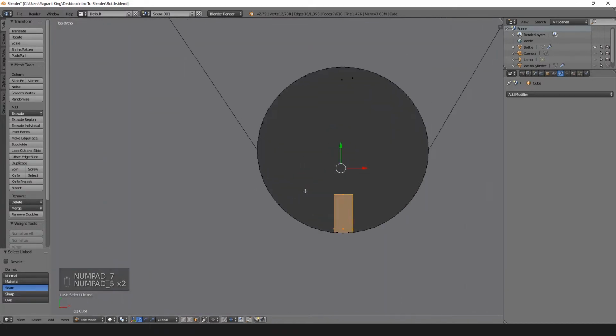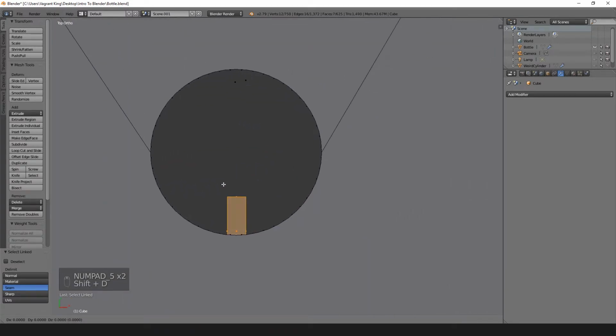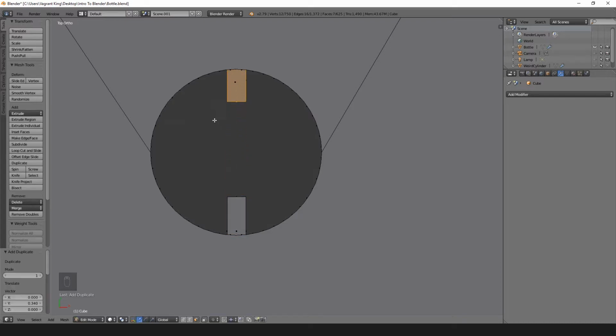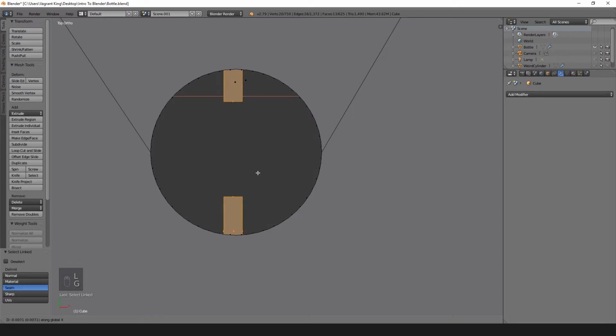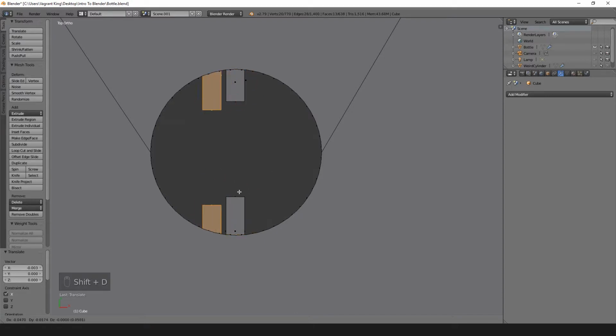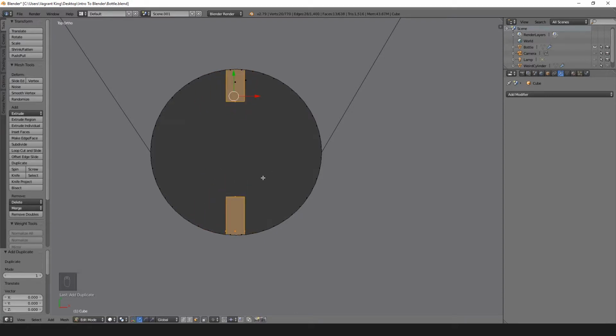So now what I'm going to do is I'm going to duplicate this cube here, and I'm going to slide it on the y-axis, just like that. And then I will move these on the x just to get them lined up. So now what I can do is I can hit Shift D as I have both of these selected, and I can right-click to leave them in place. Hit the R key, and now we can rotate, but I don't want to rotate around this direction, so I need to change my